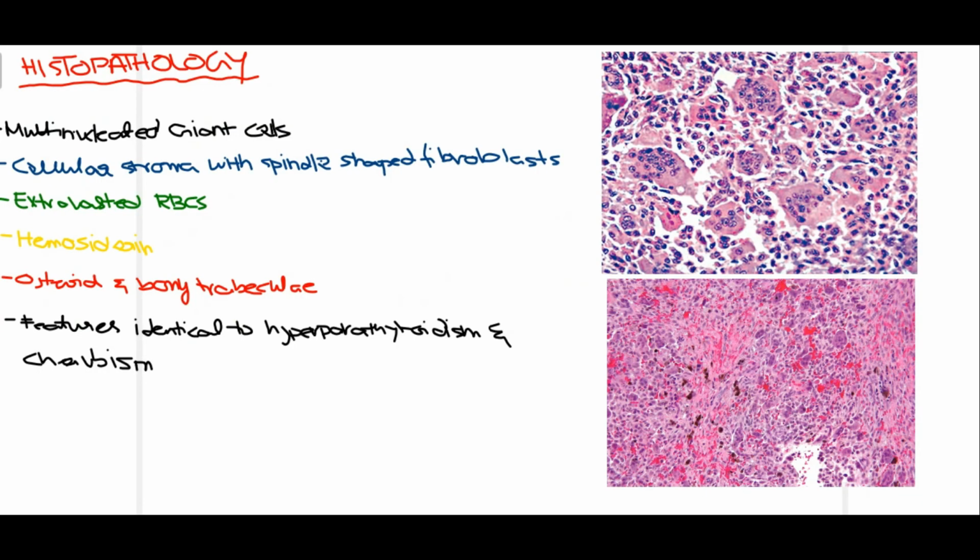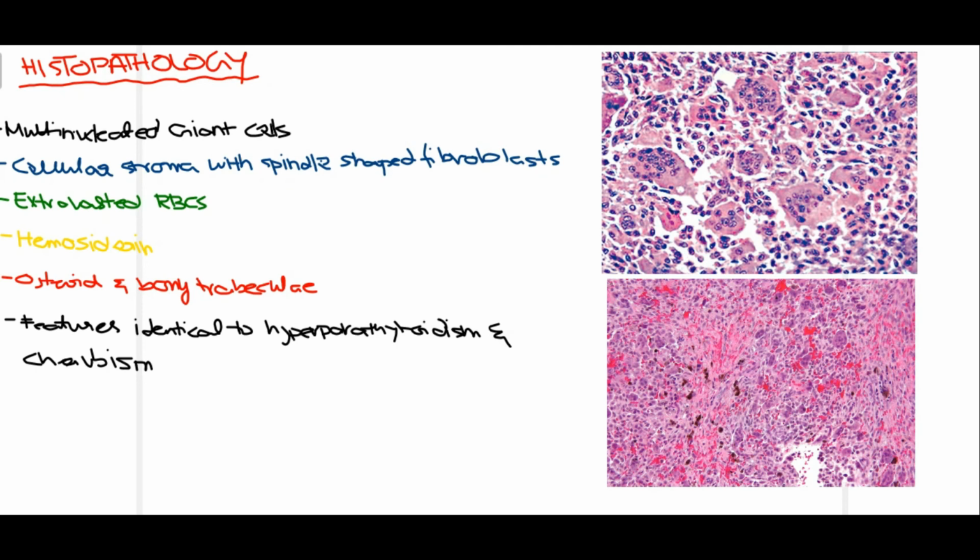For such oral pathological lesions, histopathology is a really important part of arriving at a definitive diagnosis. So let's talk about the histopathology of central giant cell granuloma. In this slide, you can see there are some multinucleated giant cells. You can see these are the multinucleated giant cells which you can appreciate in such lesions.